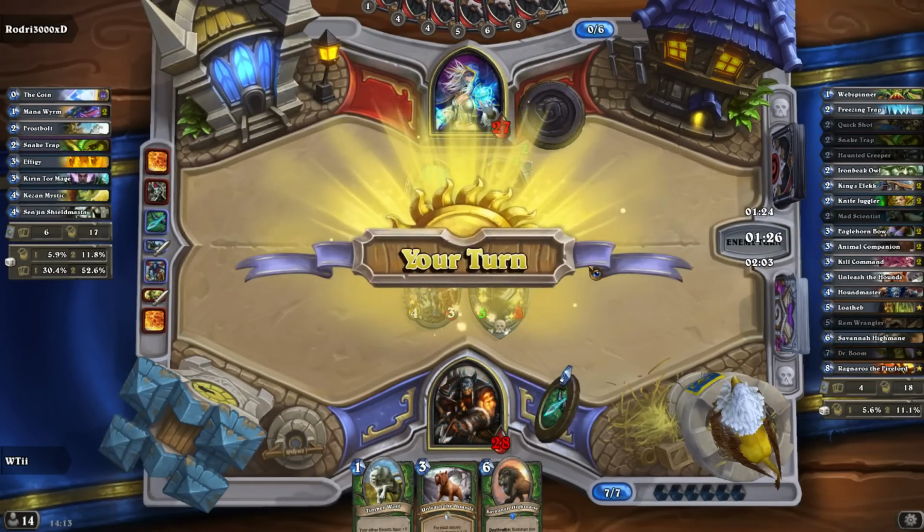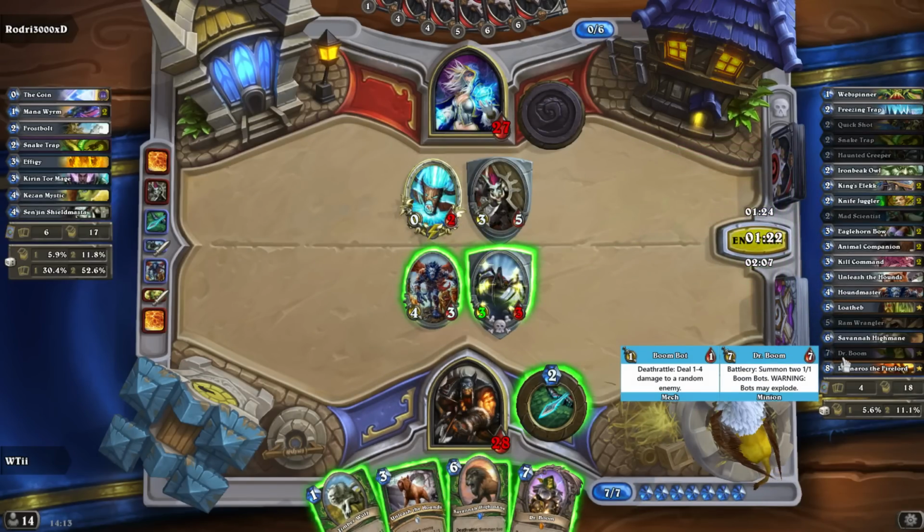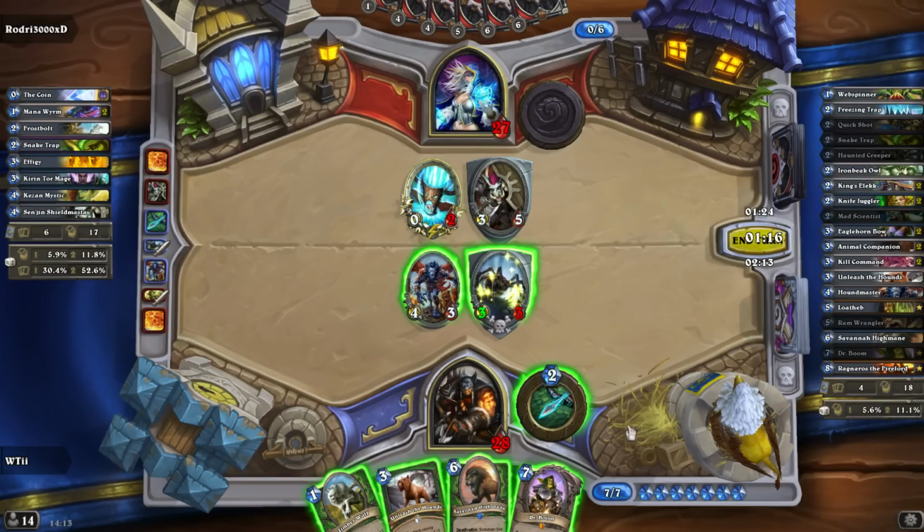Oh, we just got Dr. Boom because, of course, turn 7. So the way this works is, like I mentioned, you get whatever turn cost card for the turn. So 7 is the only 7 card we got here. So I think probably putting down a Dr. Boom here is absolutely fine. I am concerned about it being...